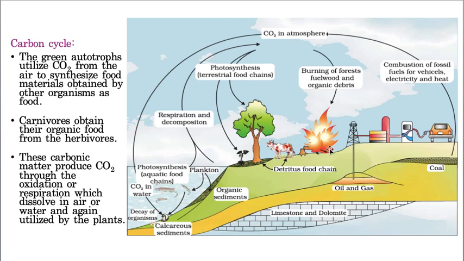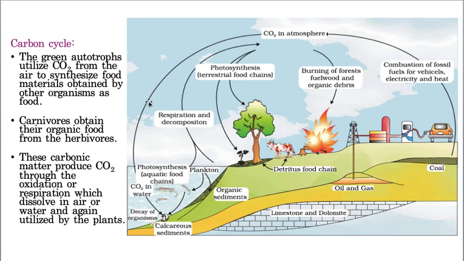Now here are fossil fuels, that means we are burning wood, and it converts into coal, and then there is petrol or diesel, and sometimes kerosene oil also, and these fossil fuels are burning, and by this means carbon dioxide is entering into the atmosphere. So here some carbon dioxide is entering into the ocean. The reason is carbon has a tendency to absorb the atmospheric heat. That's why it may lead to global warming.